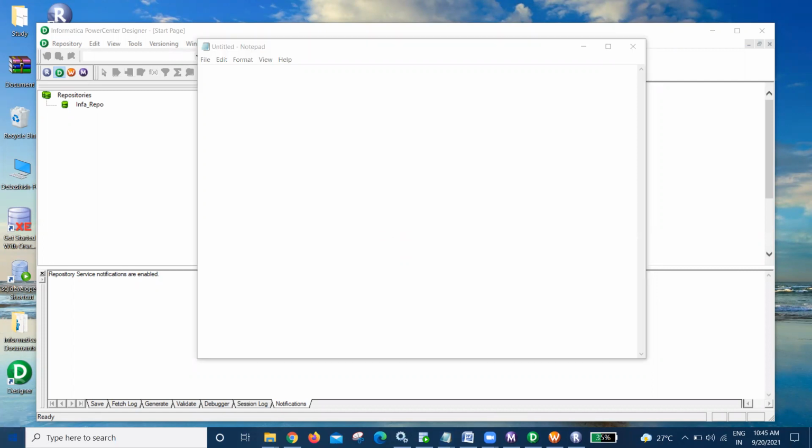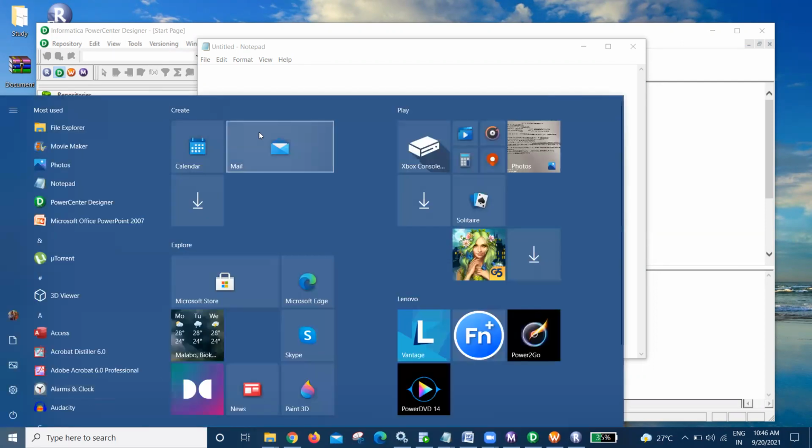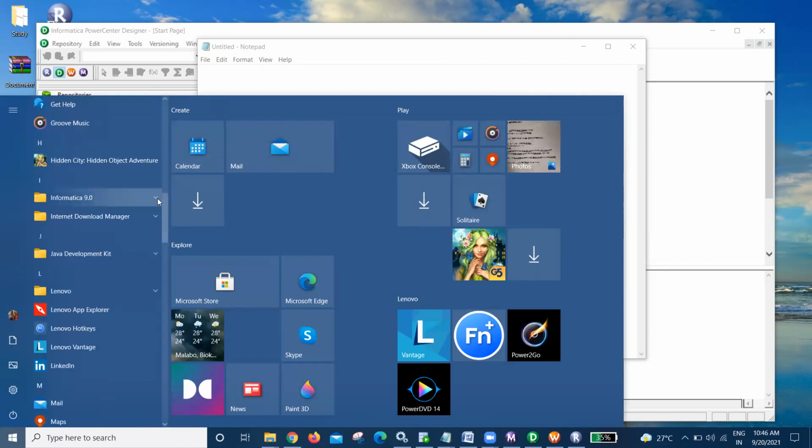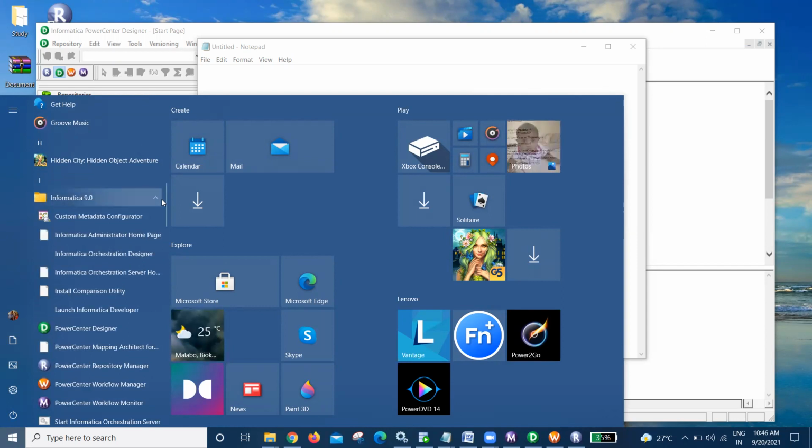You can go to your Start menu, then the folder that has a shortcut named Informatica with the version name. Inside that we'll have a lot of tools.